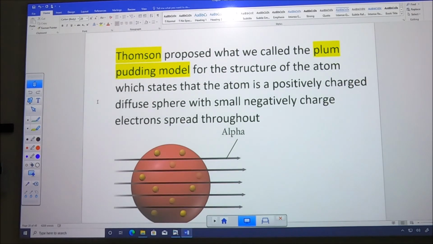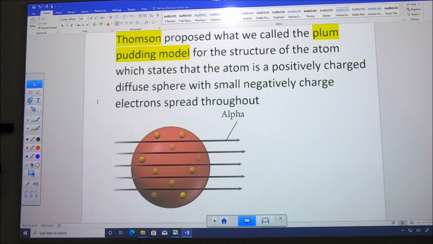Well, Thomson's working on this, right? And he proposes what's called the plum pudding theory. Now, we're not British, so we don't understand what plum pudding is, but this is kind of a boiled cake. So think about making cake batter and suspending some fruit in it, and then putting it in a bowl, sticking it in a pot of boiling water, and cooking it that way. So, plum pudding.